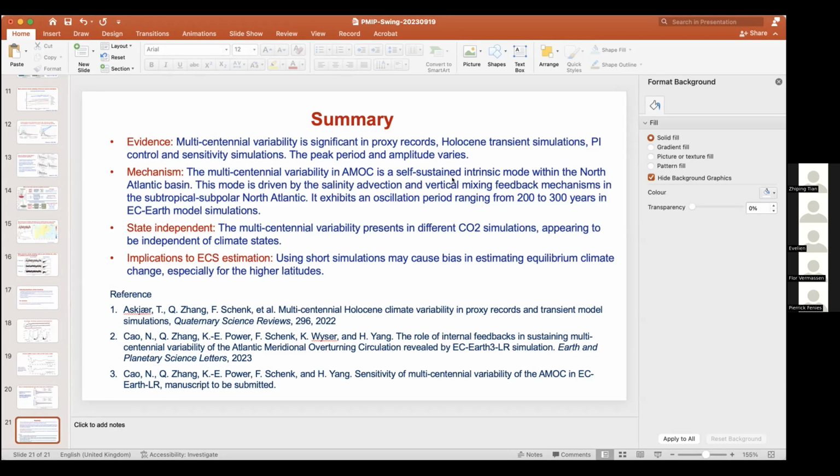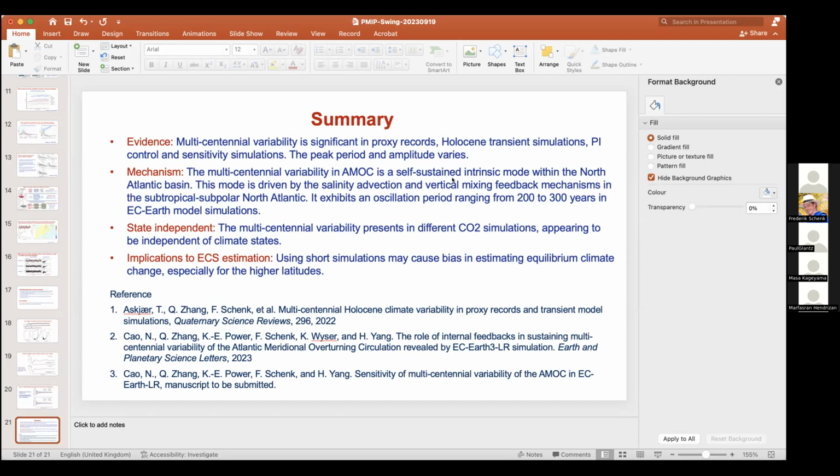Thank you for this talk. It was really good. I was just wondering, you talked about the salinity anomaly, but is this salinity anomaly due to the transport, I mean, the dynamics, or to hydrologic changes, I mean, precipitation? And moreover, I want to know if for the other models you get the same salinity behavior. And moreover, if you can even see that salinity response in the data, just to be sure that the mechanism behind your oscillation is also imprinted in the data you get, if it is possible.